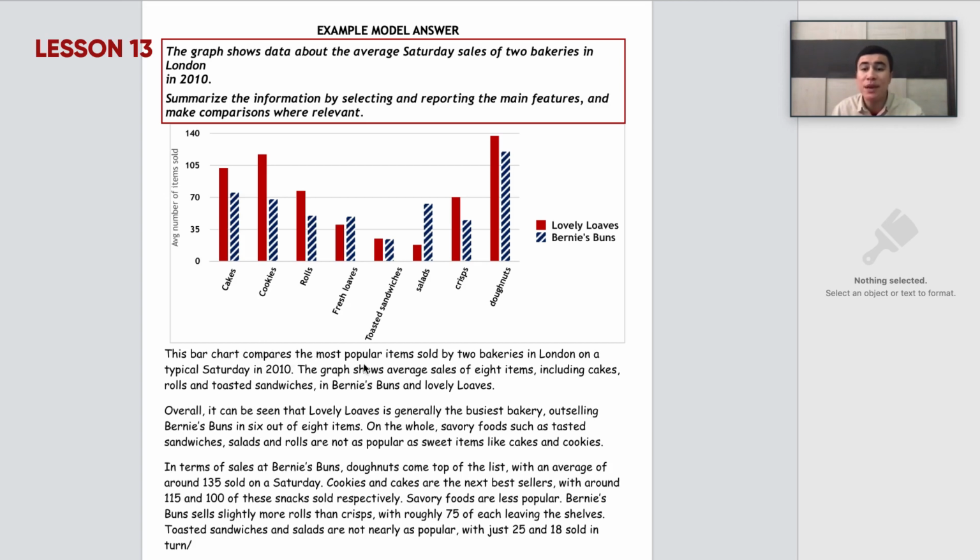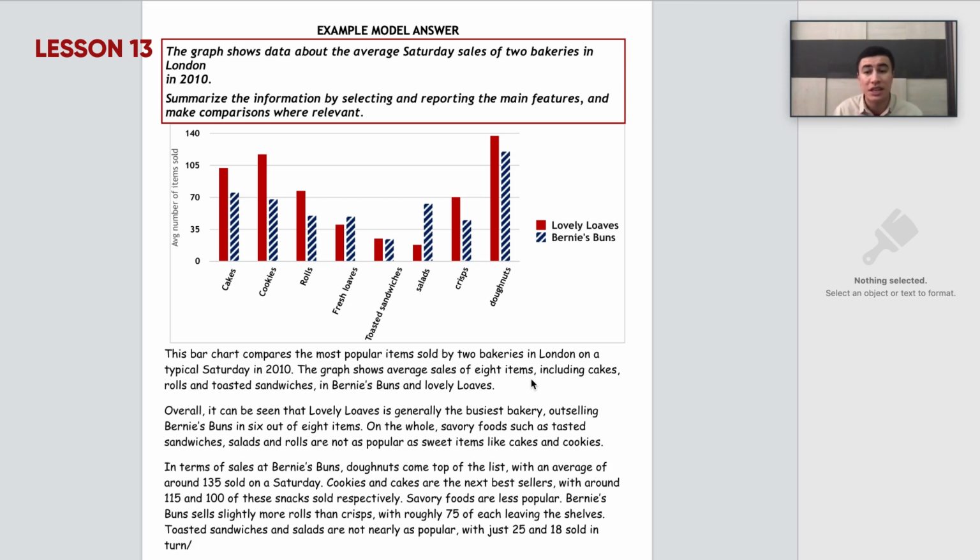This bar chart compares the most popular items sold by two bakeries in London on a typical Saturday in 2010. You probably remember the step-by-step introduction writing technique, so we are simply using synonyms here. So instead of shows, we are using compares, and you probably remember changing parts of the sentence. The most popular items sold by two bakeries in London, so location, time, and then